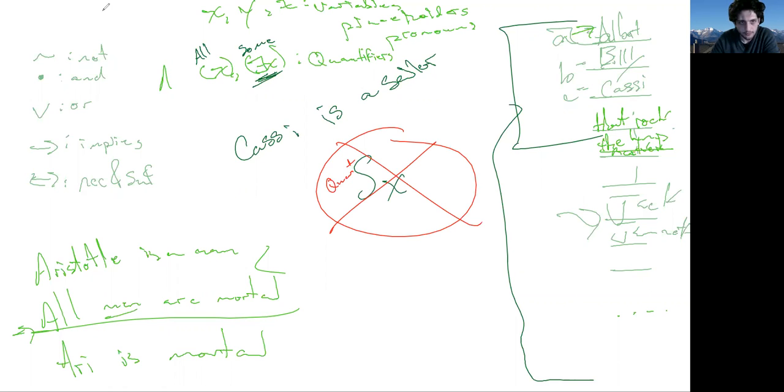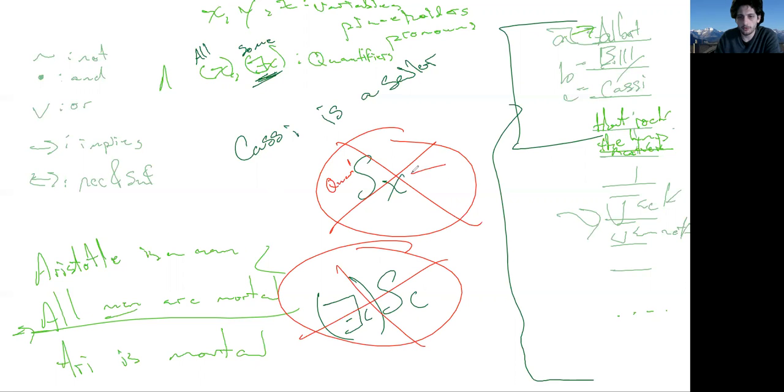Okay. Now let's look at the other common mistake, which is having too many quantifiers. I don't want to reuse that color. Right? So the right thing to do would just be having Sc. Then you're right not to have a quantifier, because I already know I'm just talking about one person anyway. It's not a group of people at all. It's just one person. So as soon as you try to introduce me to a group of that one person, that's when you make absolutely no sense. So variables need quantifiers. Constants refuse quantifiers.